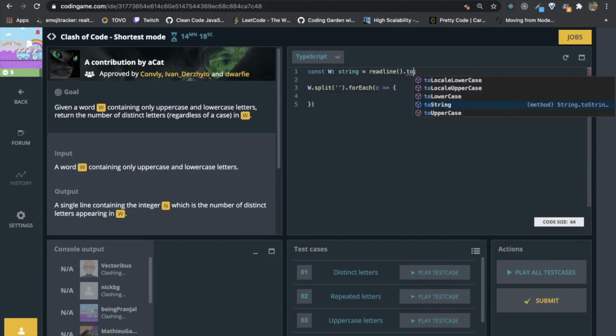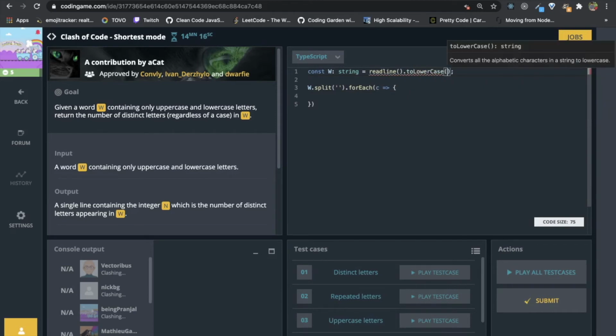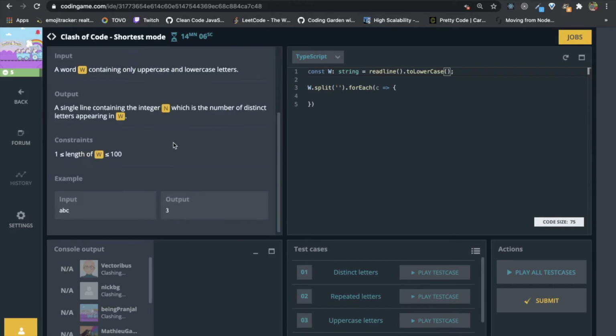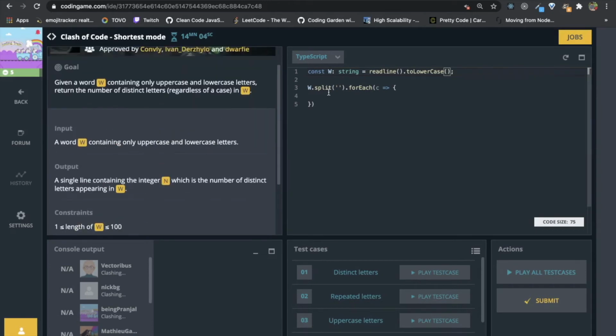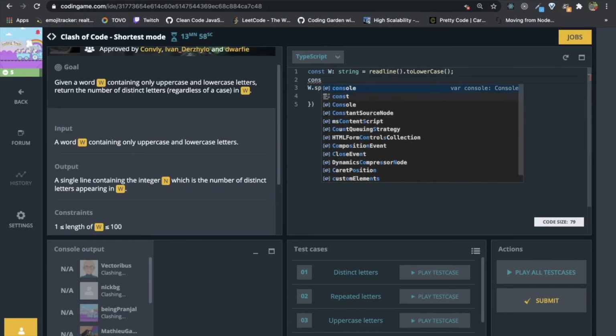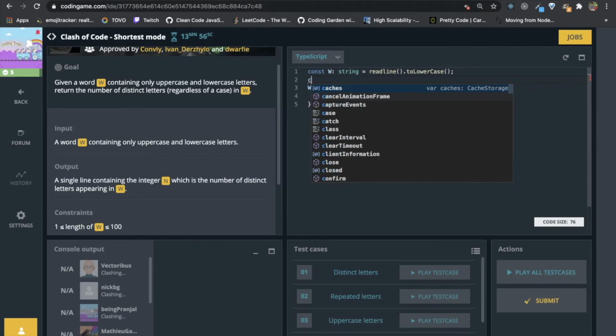We need to, given a word W containing only uppercase and lowercase letters, return the number of distinct characters. So we can create a hash set and solve this problem.